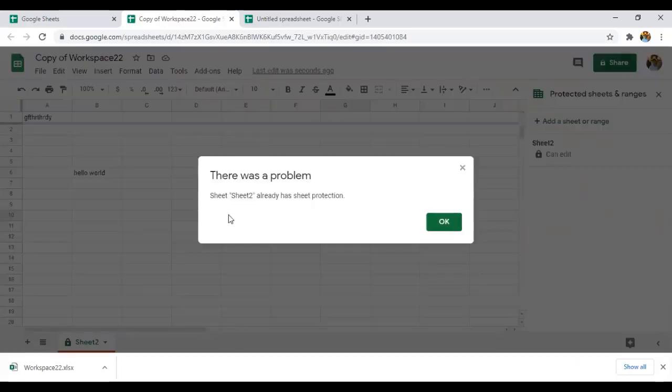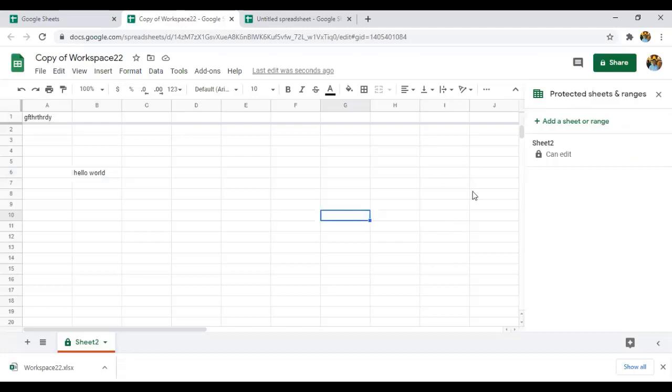See here why it is coming, because I have already given protection to the sheet so that nobody has access to the sheet. You can see here there is a lock symbol, right? That means nobody has access to enter into the sheet, except the user. Anybody else cannot have the rights to access the sheet. So this is how we make the sheet protected.